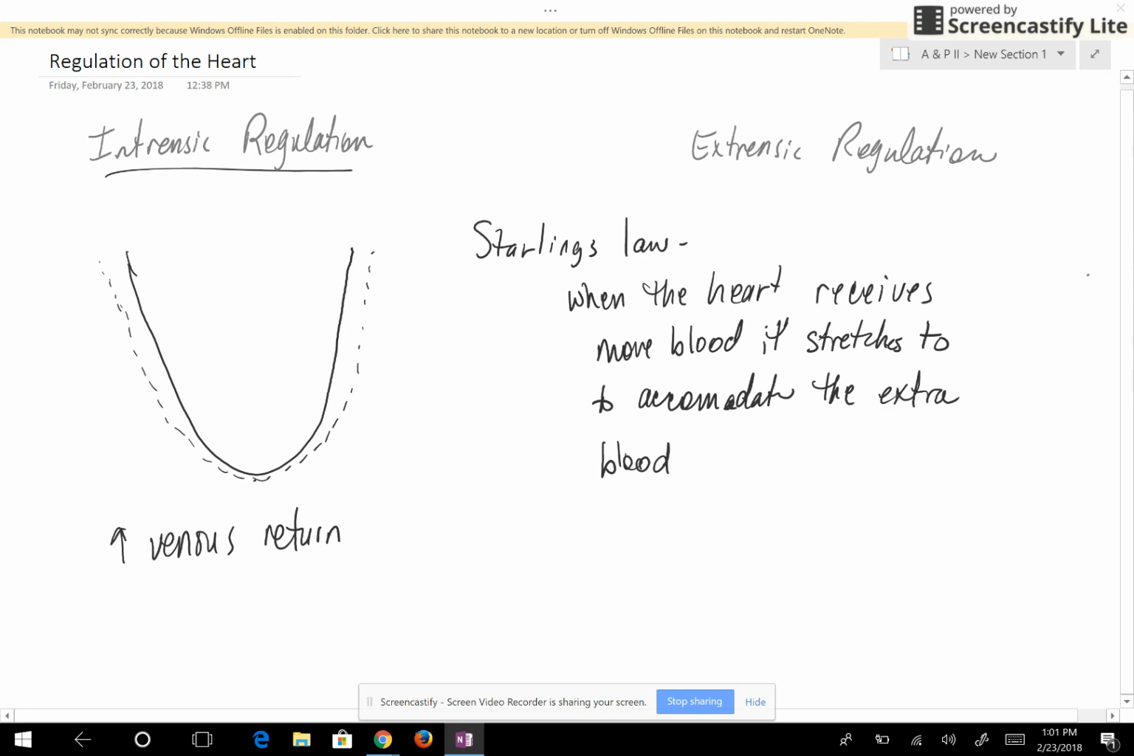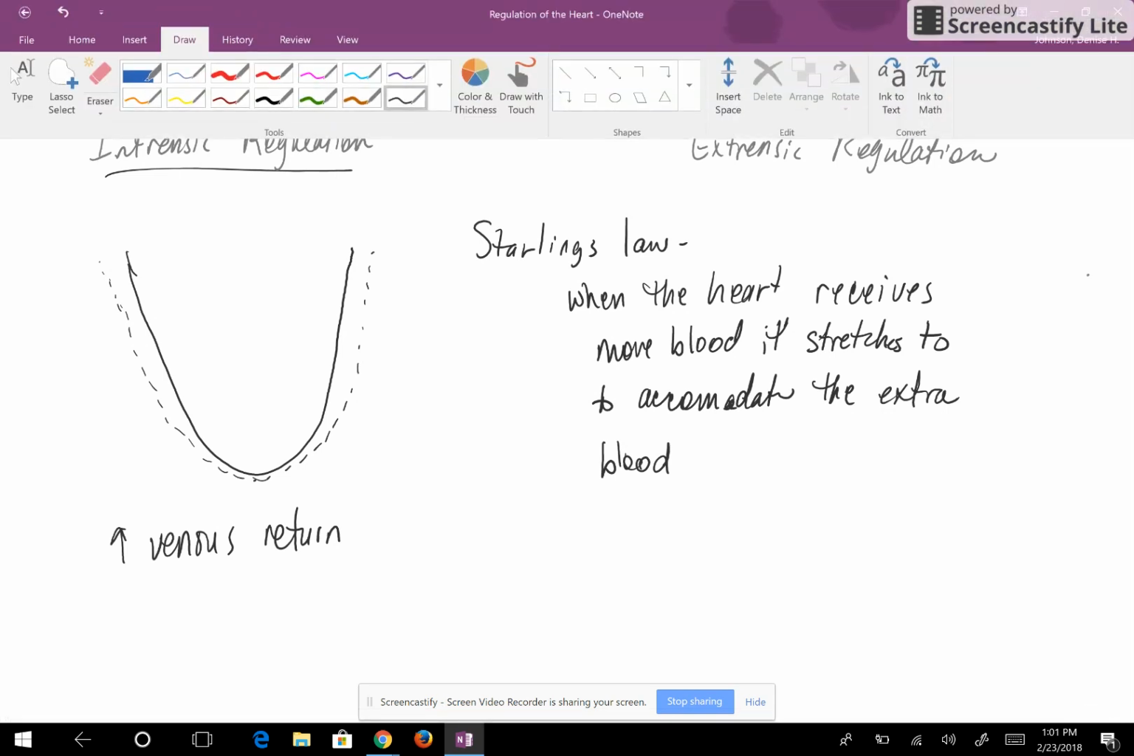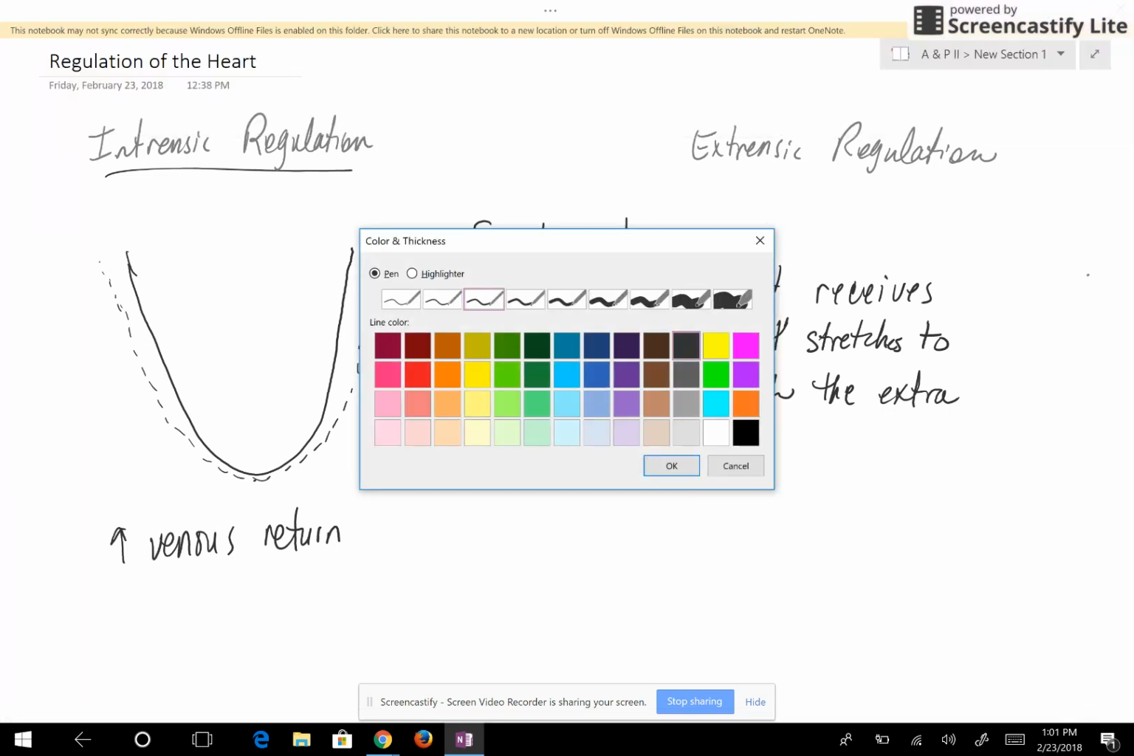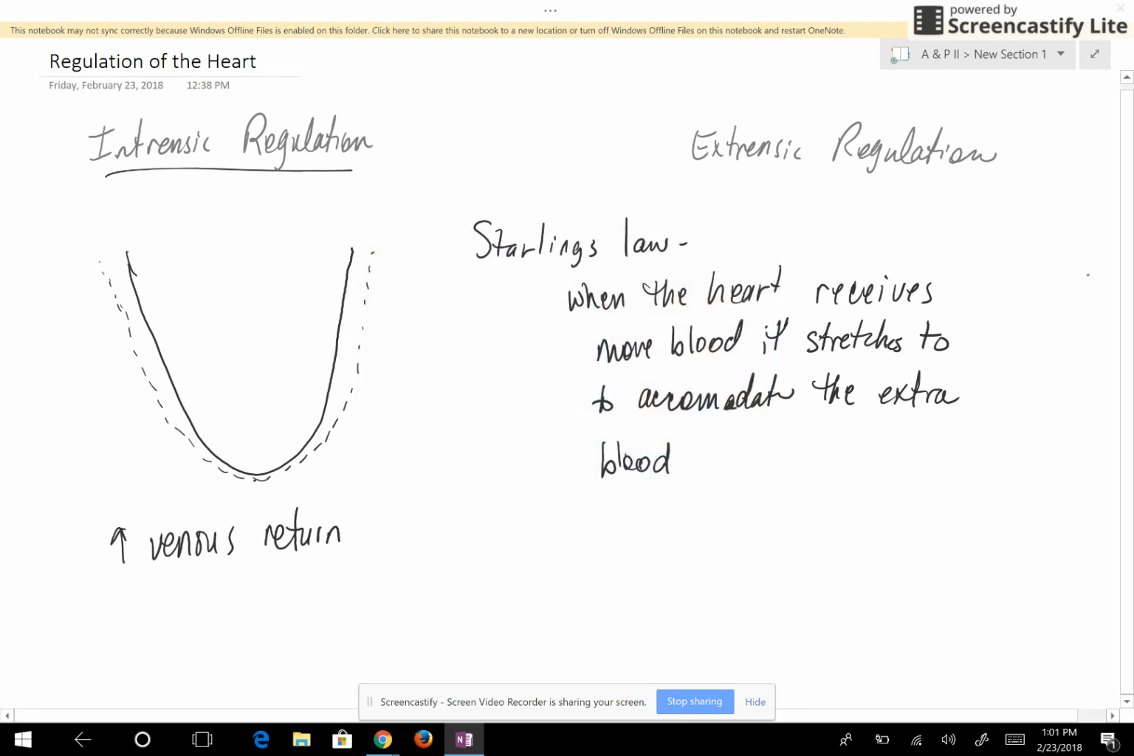Okay, the second part of Starling's law, we'll draw it in another color. Let's do it in red. The second part of Starling's law says that whenever the heart is stretched, it's going to recoil with a greater force. So we have our solid line there showing that a certain amount of blood has been returned to the heart. Well, this solid line here represents the size of the ventricle after it is contracted and pushed that blood out